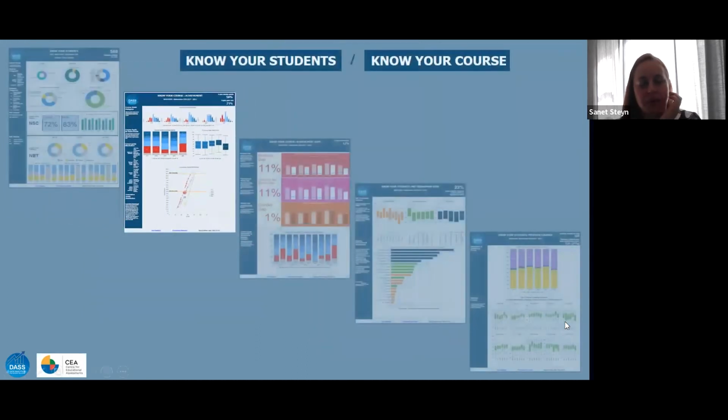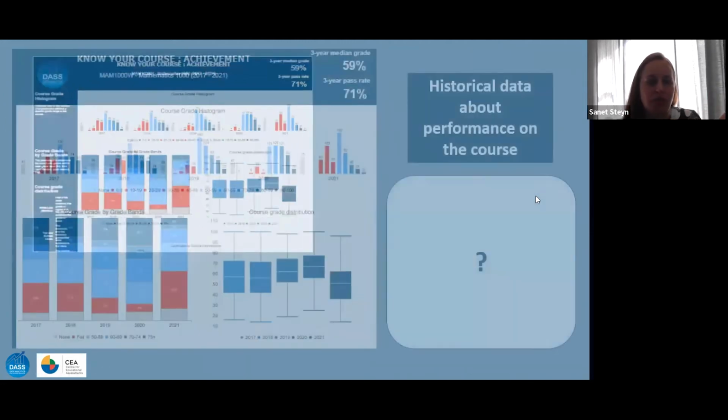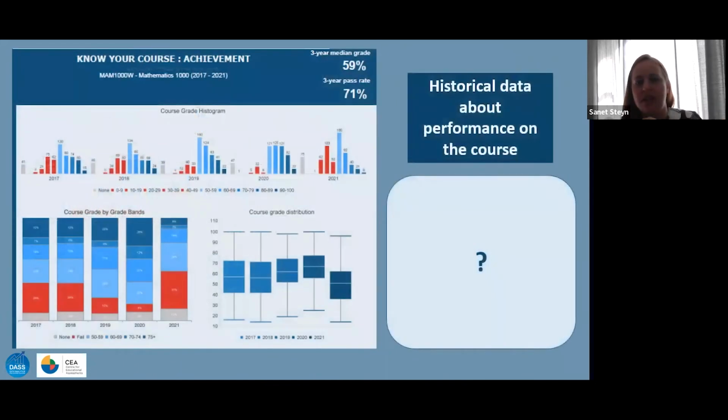The next part of the report gives us a little bit more information about the course history. That gives us an overview of this, moving from knowing your students more to knowing your course, giving us a bit of historical data on the performance of the course. So typical things that we would look at here are the 3-year median grade, our 3-year pass rate, and the score distribution